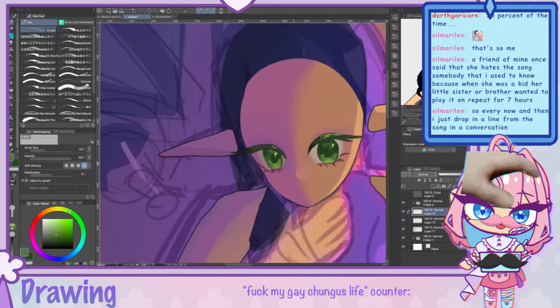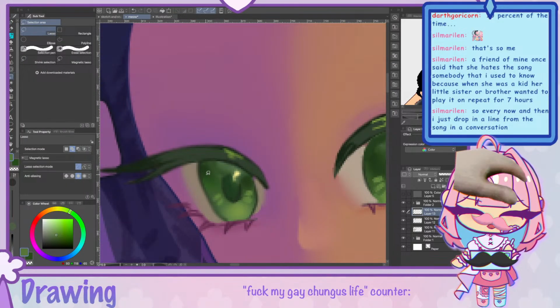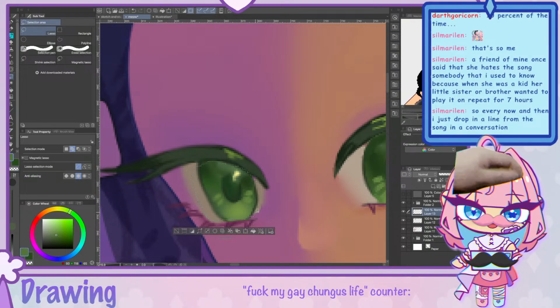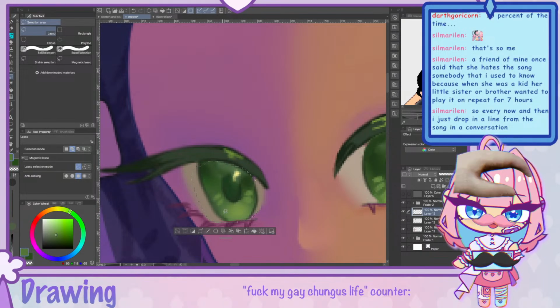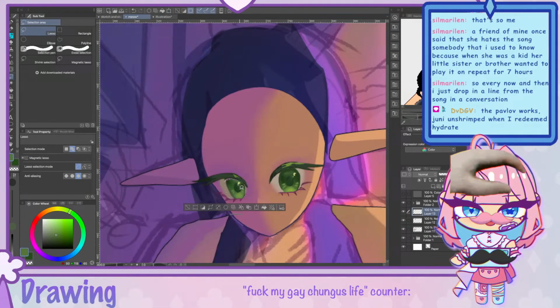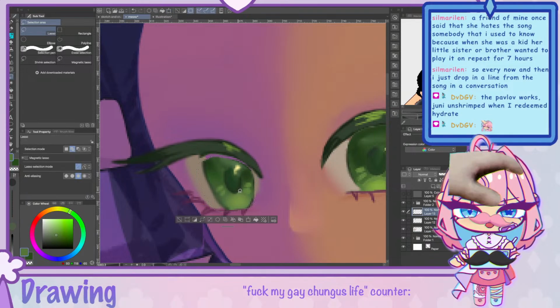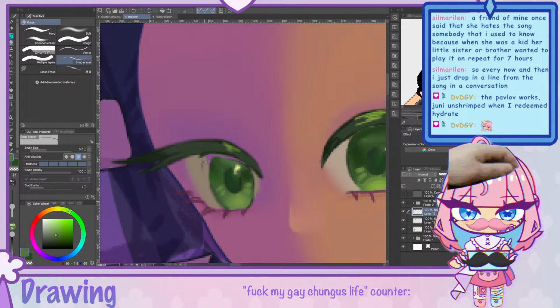Okay, I think that's a better position for the eyes. I'm gonna move this guy as well over here. Bloop bloop. This is a very weird way of drawing. I don't really like it, but honestly, it's fun. I feel like the result turns out nice. I'm not 100% sure how much I like the process of it, because I feel like I'm just moving things pixel by pixel, which technically I am, but you know, it's just not